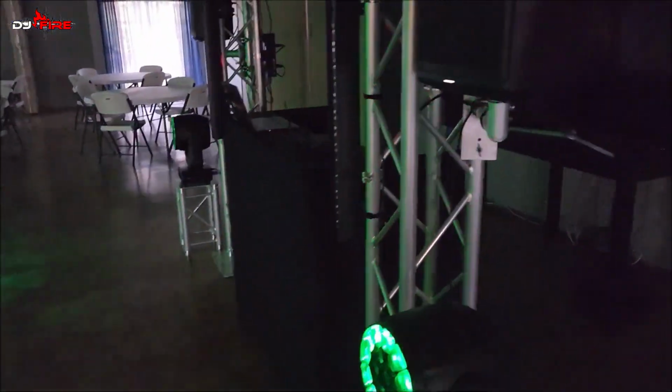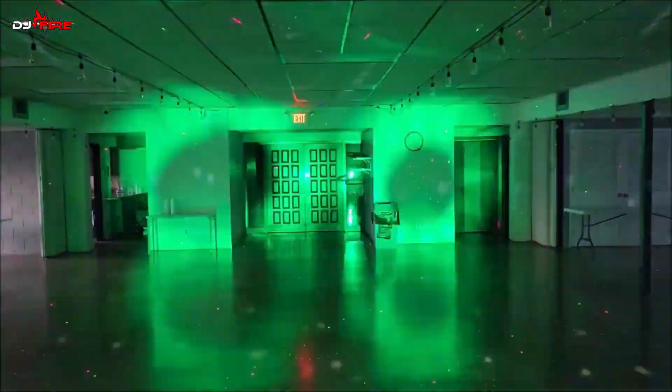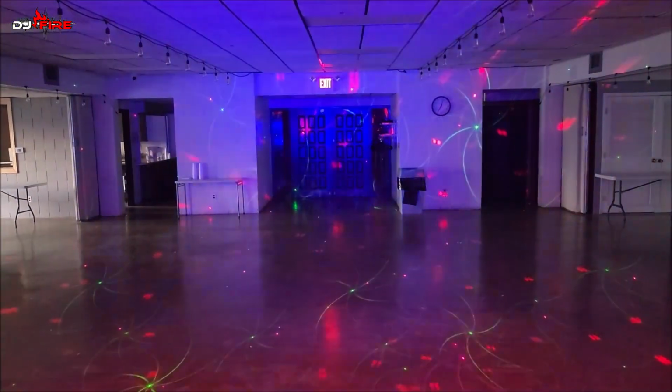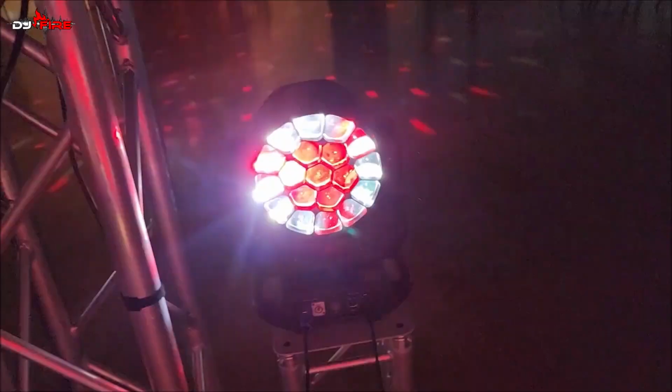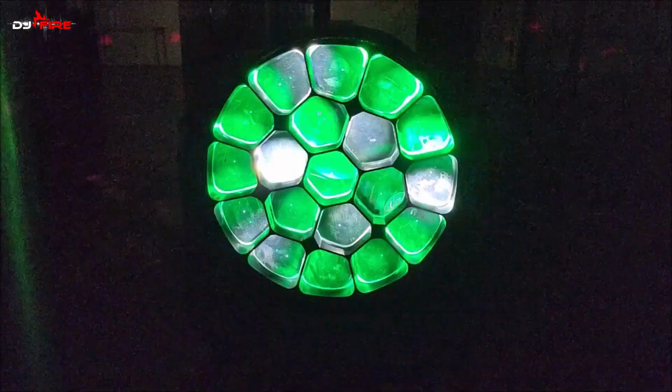So it's pretty crazy. These lights being on sound active, if I say something in the microphone again, they're going to do something. So that's what it's doing right there. And if I talk in the microphone, they're going to do this. Shine behind me. So now you're getting this real cool effect. I'm going to get above the light so you can see that. And then if I talk some more,